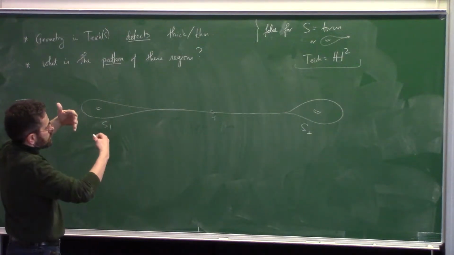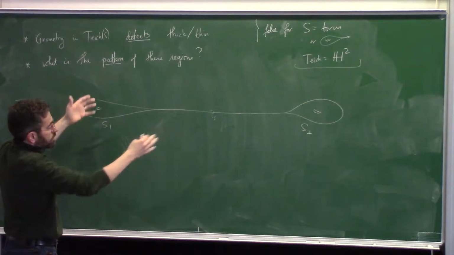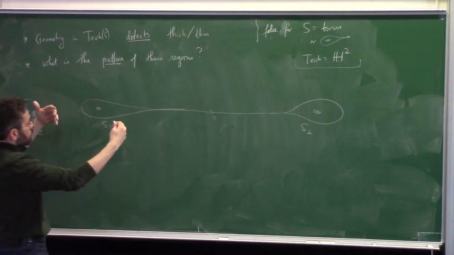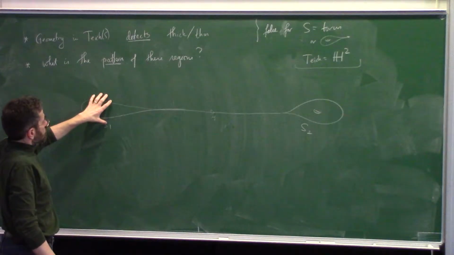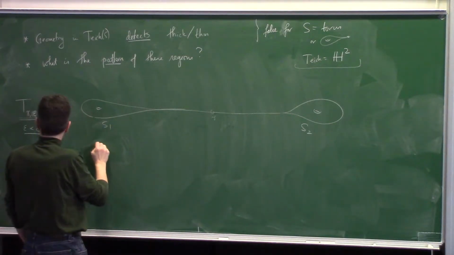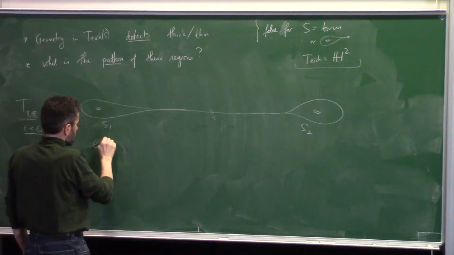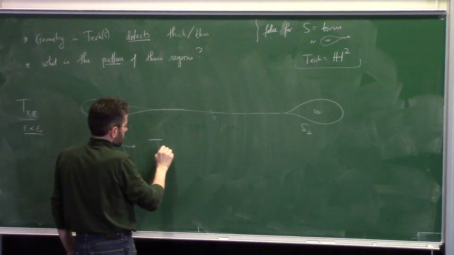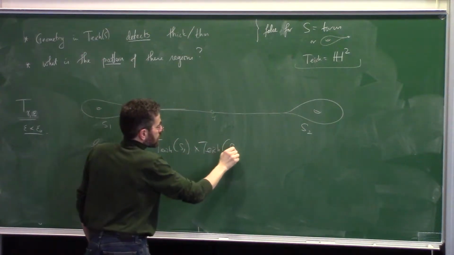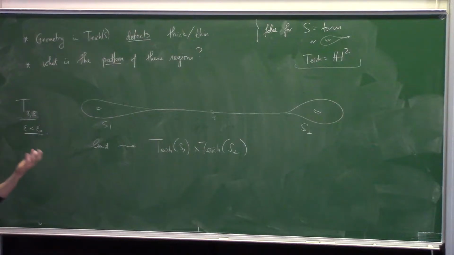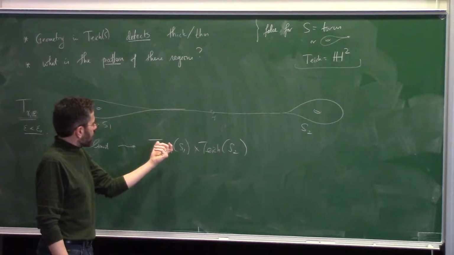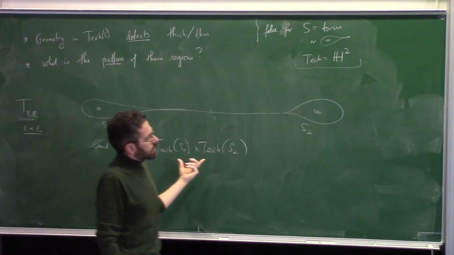I could imagine what are called nodal Riemann surfaces, or stable curves in the language of algebraic geometry, in which I still get an object, and the object will be a surface with some punctures. In fact, it will be this surface and that surface. So I expect that the limiting structure is going to live inside the Teichmüller space of S1 cross the Teichmüller space of S2, so that I should naturally expect a product structure. And moreover, you should expect, certainly locally, that the metric that we defined, the Teichmüller metric,